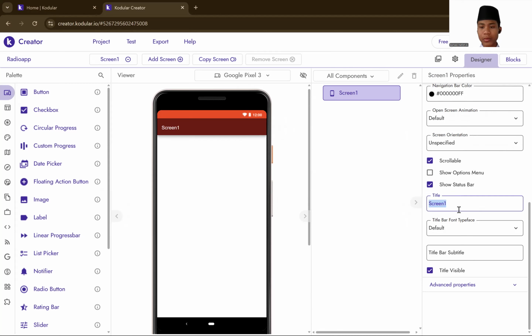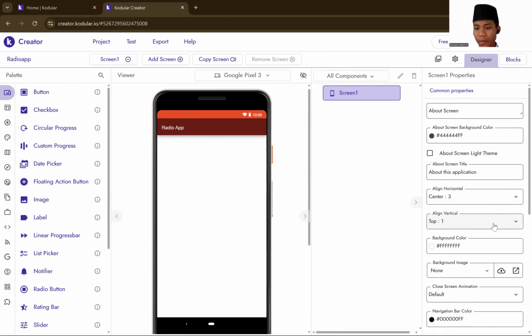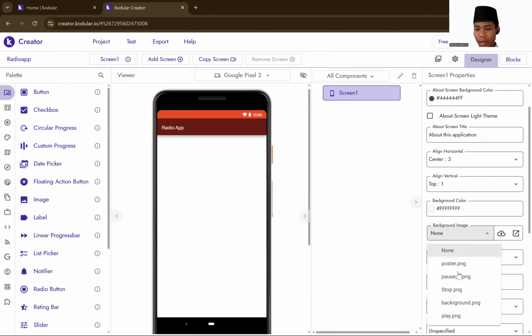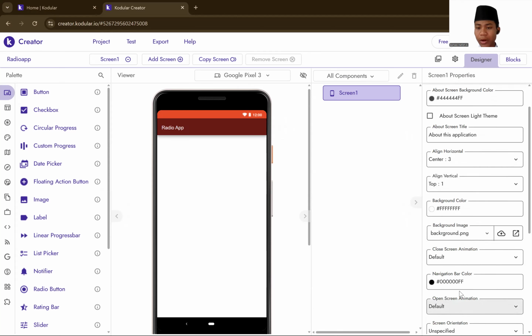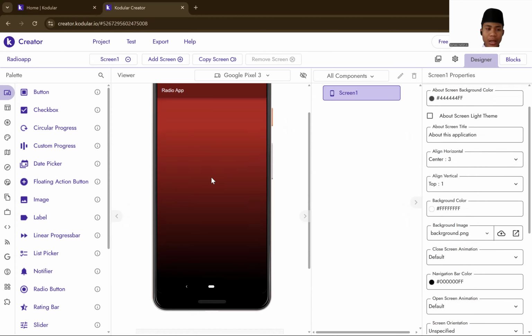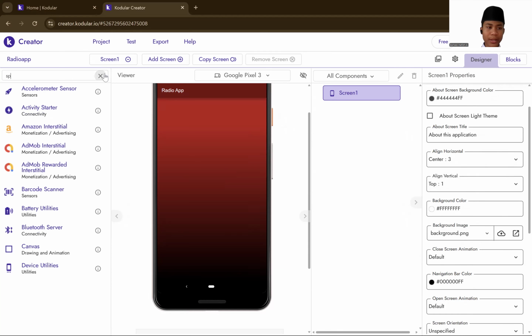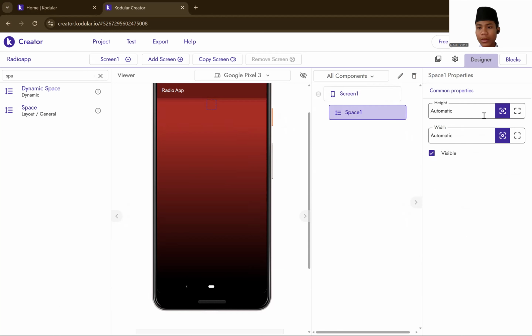Then in here, you change the title to radio app. Okay, if done, you go to this background and open it. Then you take a space. The height is 3%.